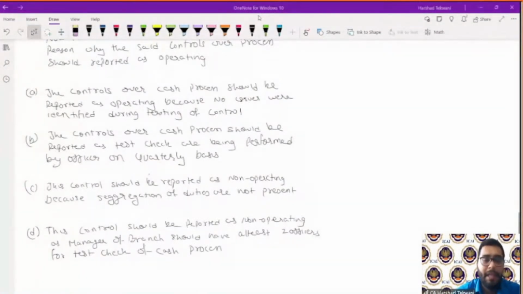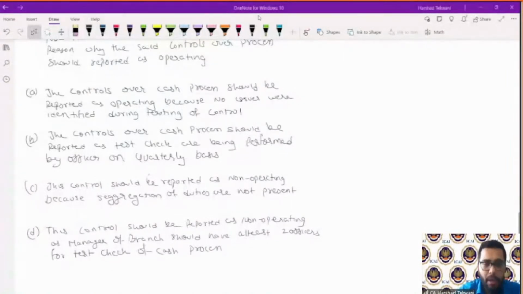As a result, in the current case also, if the work is performed by the cashier, and that work is not reviewed by any other person, means the cashier alone is performing all the work related to the cash, like passing the entry, signing the vouchers, and all those things. If the cashier is alone performing that work, then it is said that there is no segregation of duty present in the current case. Means a work performed by a person should be reviewed by another person on a regular